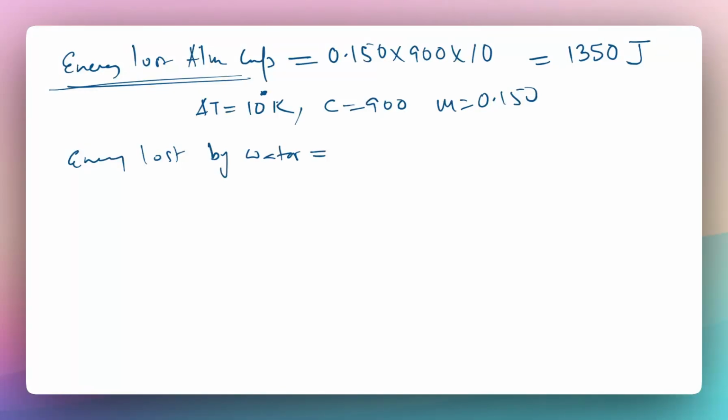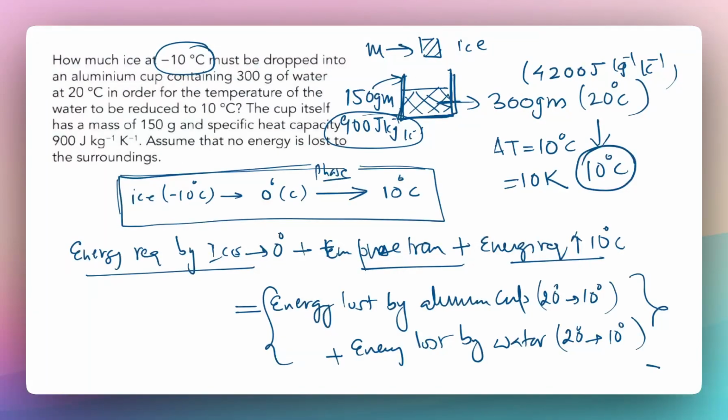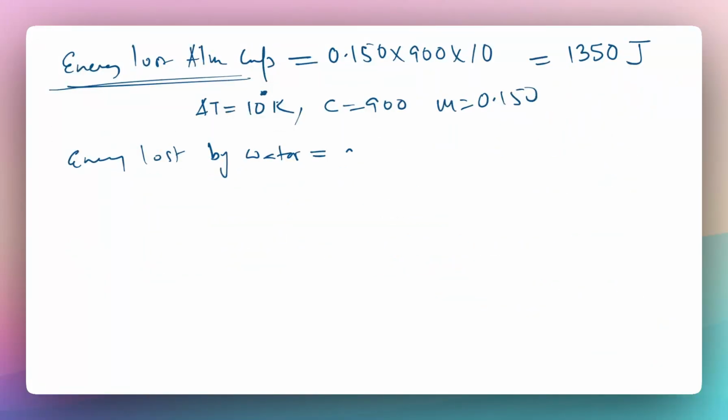Okay. So water's mass is given to be 300 grams. So that's going to be 0.30 into the specific heat capacity. We know it is 4200 multiplied by 10. And that will be equal to 12,600 joules. So the total energy which both of these will provide is going to be the sum of this,